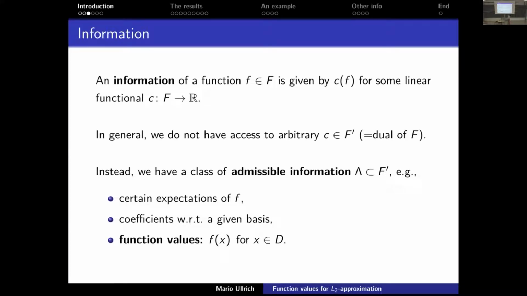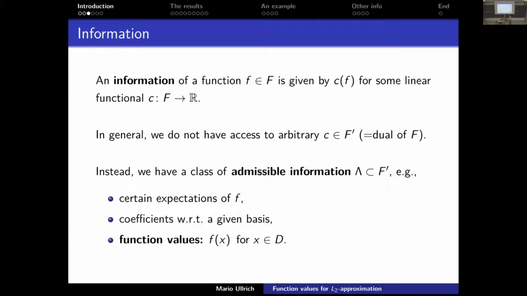Okay, what is an information? An information is just a linear functional. That's our assumption. If you have a better idea of a definition for an information, please, we could discuss that, but I think it's just natural. So we have an arbitrary linear functional defined on our class big F, and that is then one information. And we might ask how many informations do we need to know f up to a certain error. It's clearly an interesting question. That's approximation theory.